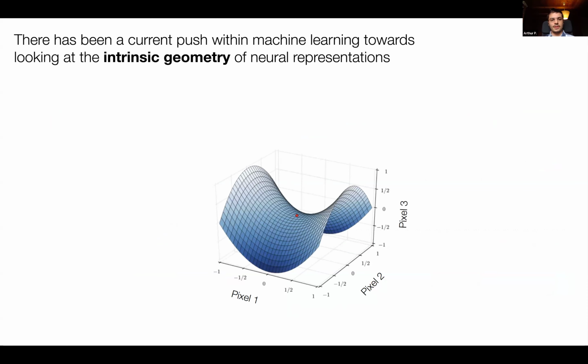More recently, there has been increasing interest in trying to understand the intrinsic geometry of this representation, the intrinsic geometry of these manifolds. And to explain what I mean by this, I'll show this schematic of a manifold in pixel space. So we have a high-dimensional pixel space representing pixels of our images that we are passing to a network. And in particular, for the sake of argument, I'll consider a manifold of faces, so images of faces. If I take two images on this manifold, these might be the two images that I have,